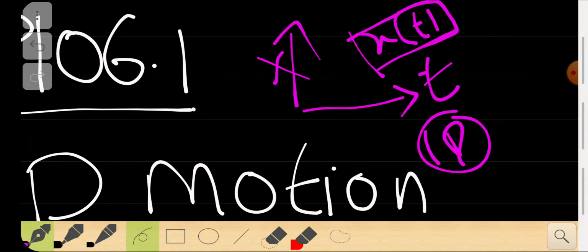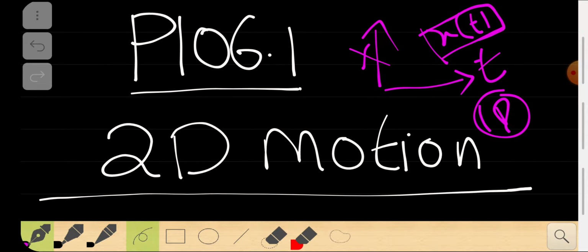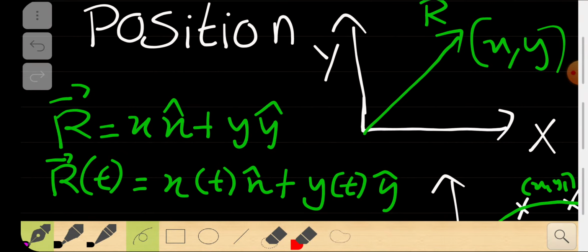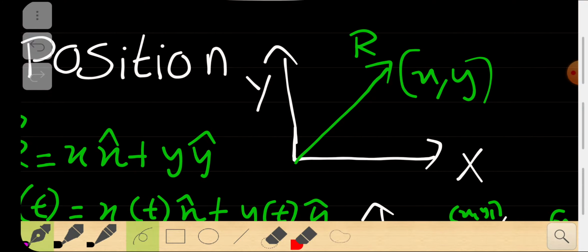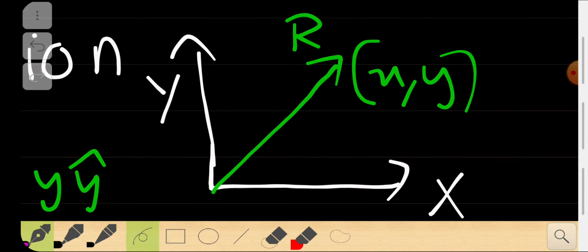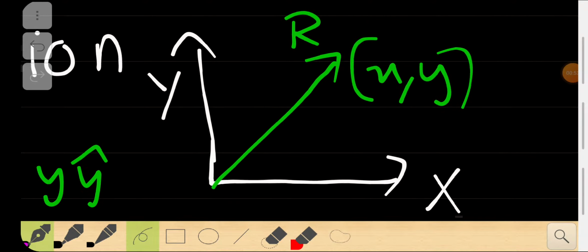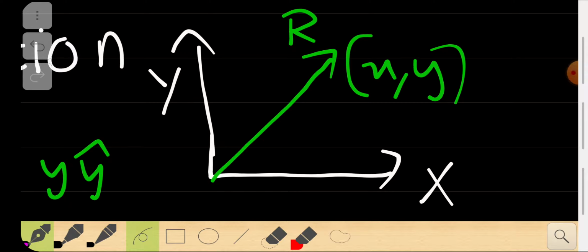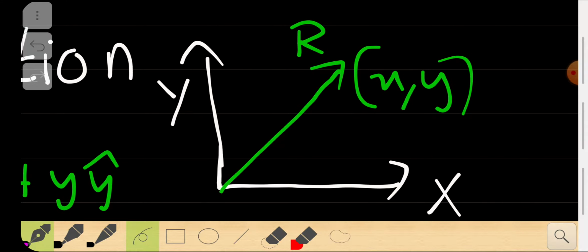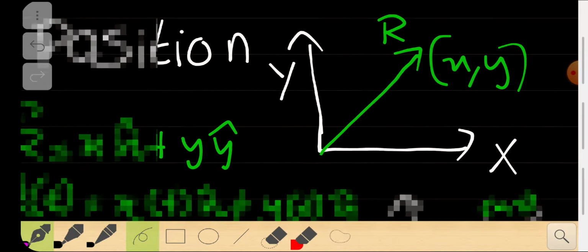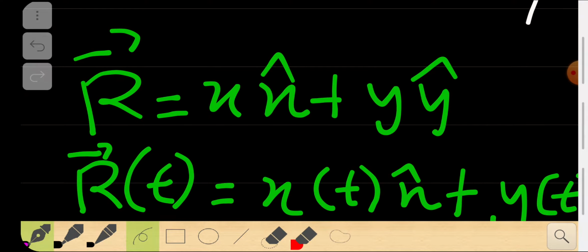Now we are going to change it up and introduce two dimensions. This graph, as you can see right now, consists of two dimensions, y and x. There is an internal axis of time hidden in there, which we will discuss right now. Before that, a vector r can be represented in terms of x and y intercepts. It can be written as x x cap plus y y cap.